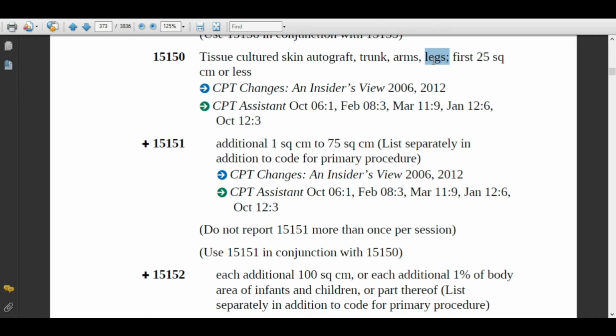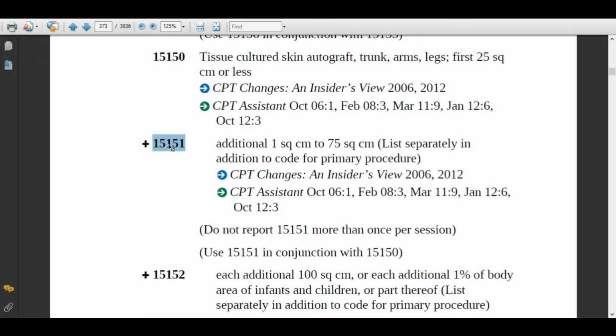You just need to remember the guideline to add the diameter of the same anatomical site or different sites of the body group. So for the trunk, 25 square centimeters, you will assign 15150.